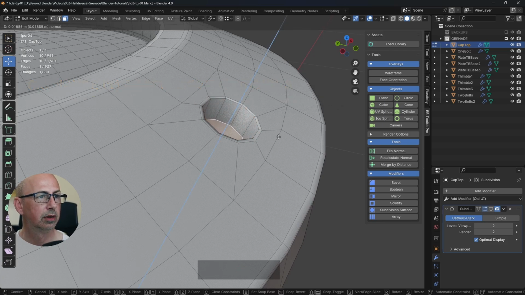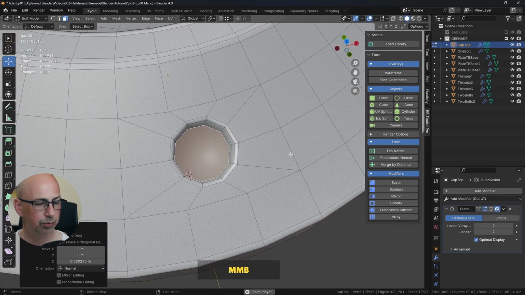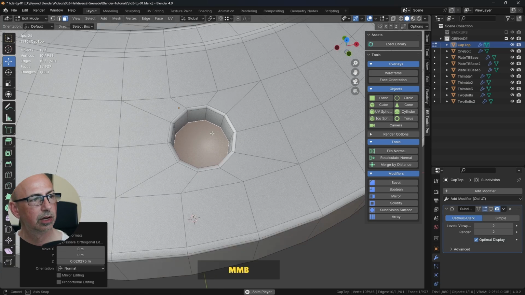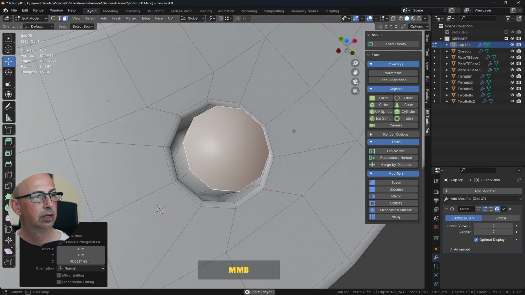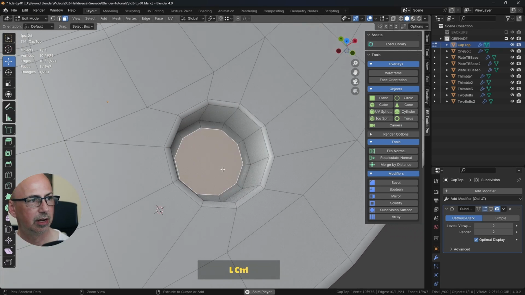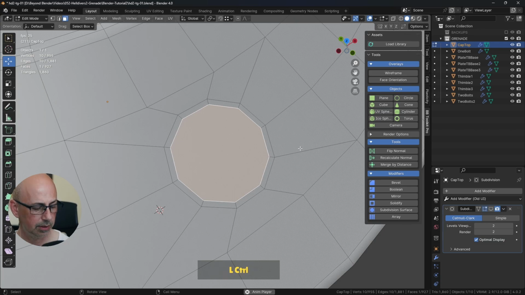And with that selected, go to face mode and E to extrude. Bring that down. Something like that. And then I'm going to press, we could leave it separate actually. So another way you could do this, instead of doing I and then extrude, it's all one piece, right? It wouldn't technically be like that. So I'm going to do inset there. No, let's undo that. Let's do extrude down,